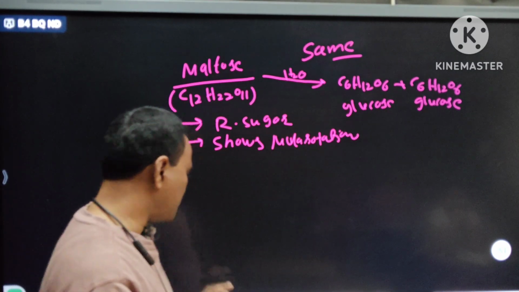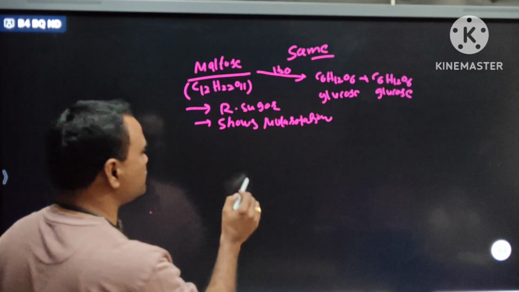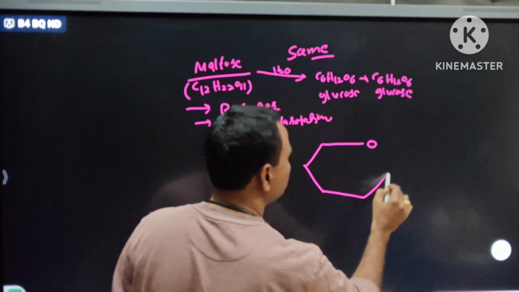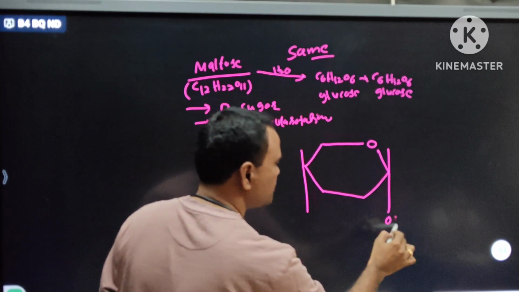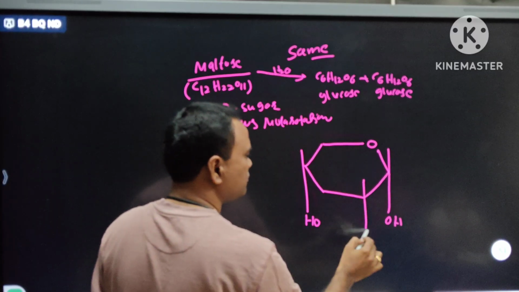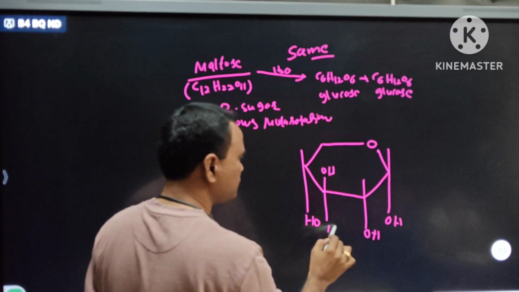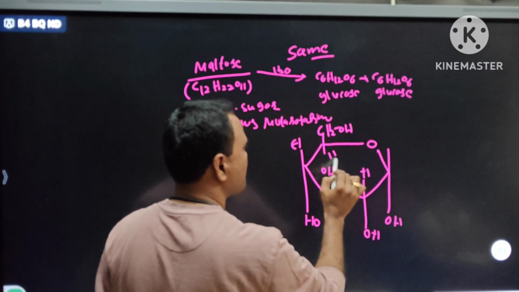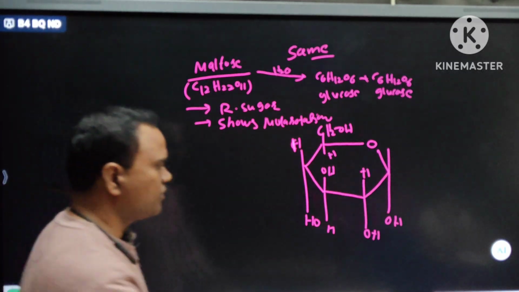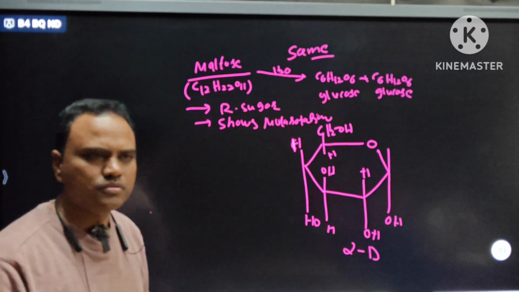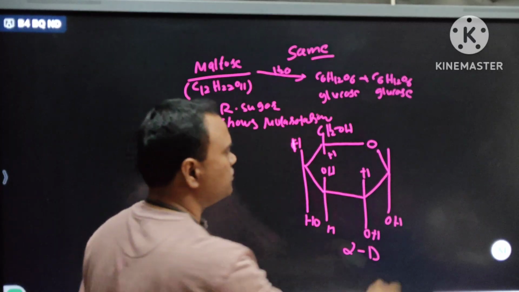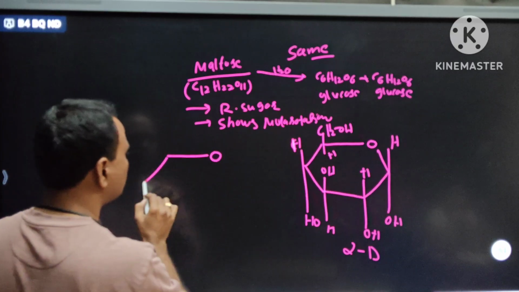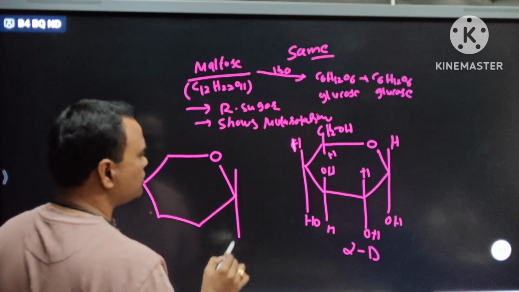Right. Once again, practice for you. How to draw the glucose structure? Cyclic form. OH, OH, OH, OH, H. Here CH2OH. Alpha D form, alpha D glucopyranose. Another unit is also glucose only, so write another unit here side by side. Alpha,